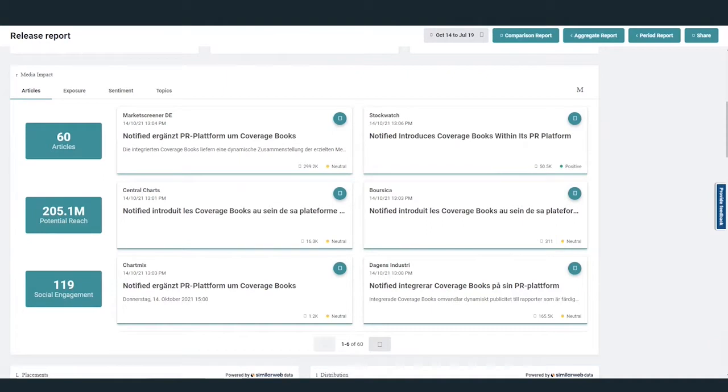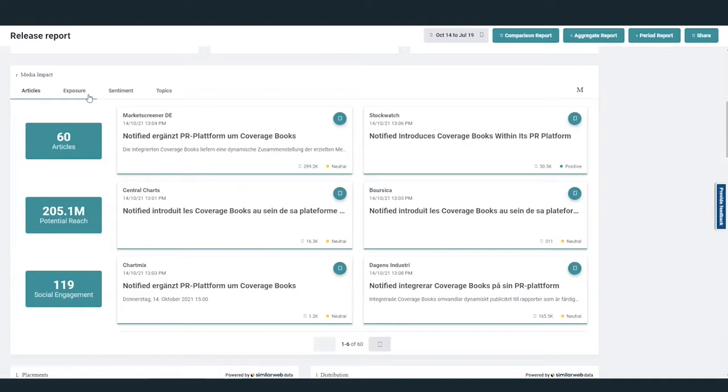And one of my favorite things within the platform is definitely the earned media impact widget that we are including with those press releases. So with every press release, you're going to see the articles, which are the number of articles found based on your press release, the combined potential reach of those articles, and we're basing that on readership, outlet reach, and social engagement, so the number of shares. We're going to include the exposure, so the timeline of published articles based on your release, the reach, the timeline